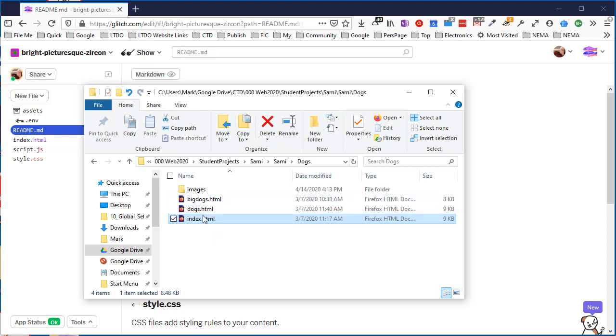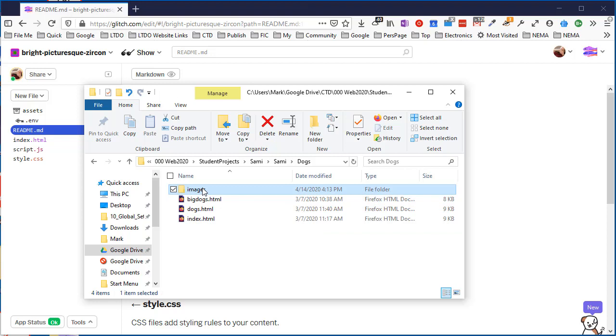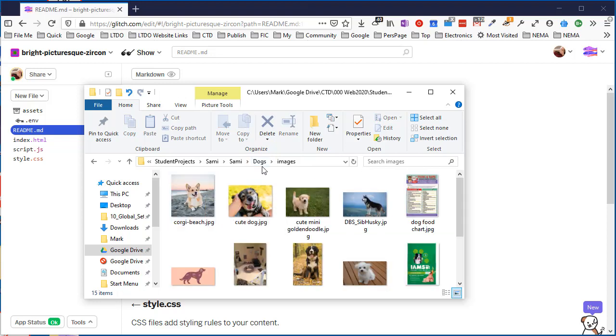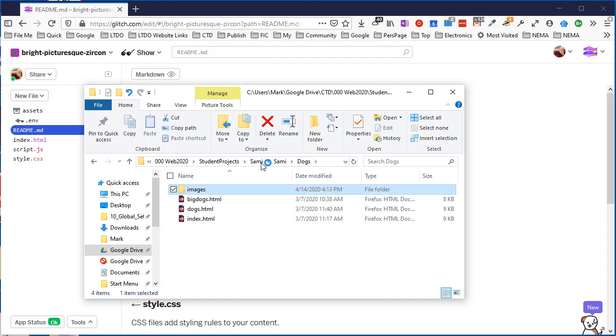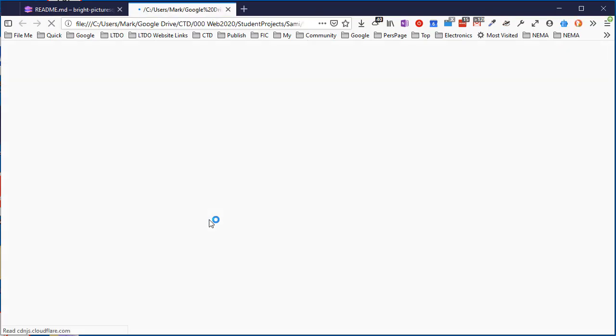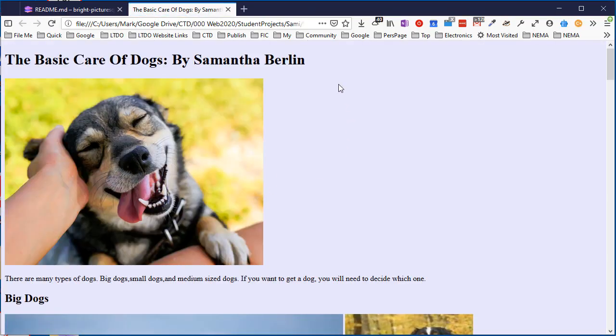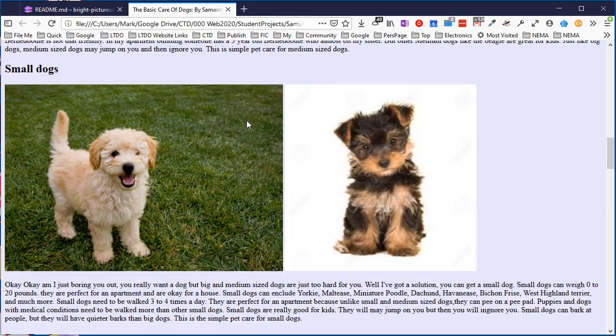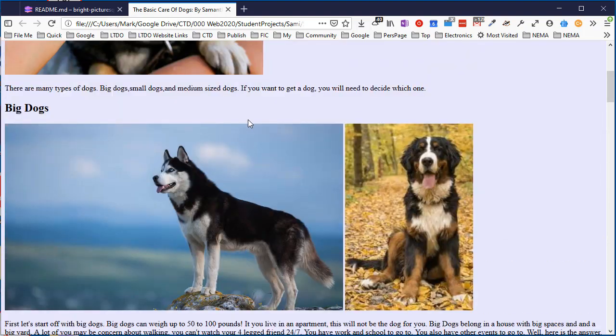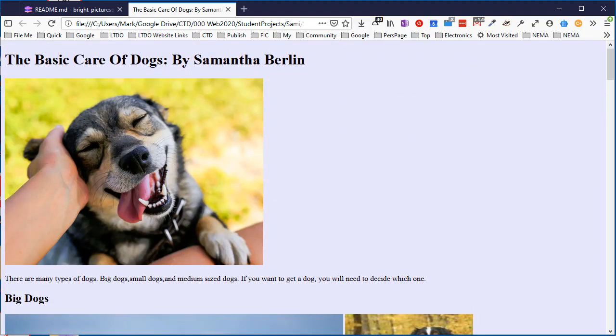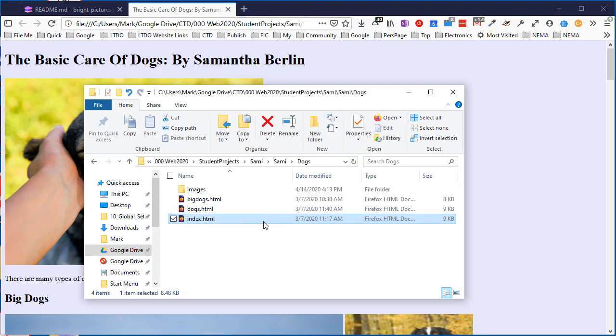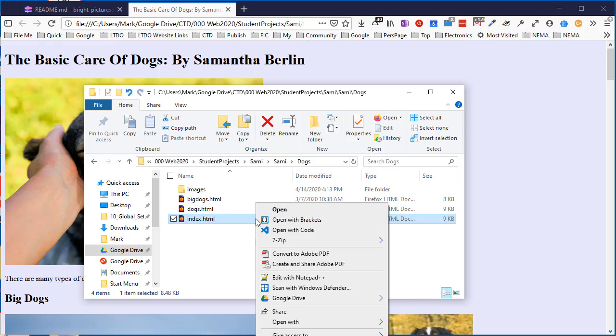So the things that are important here are the main file, which is index.html, and Sammy has all her images in this subfolder here. So if we open this up, if we double click it, it shows on our browser, and this is how it looks. If we look at the index.html file, I'm going to open that with my Notepad++ browser,